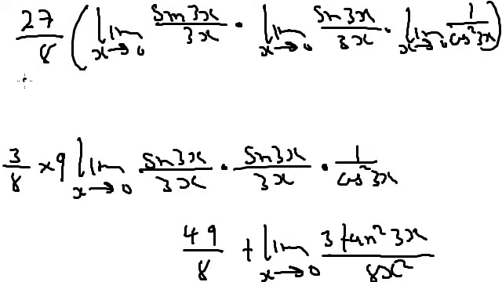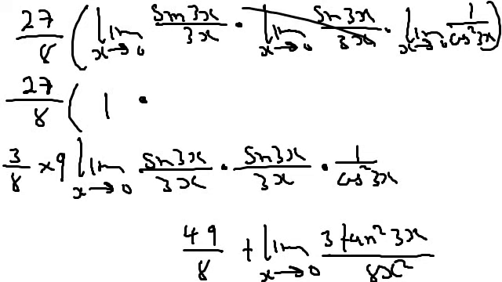So simplifying this forward, we have 27 over 8. This entirely becomes 1, multiplied by this also becomes 1, multiplied by, will this become 1? Ask yourself. Yes, it should be 1. The cosine squared of 0 is still cosine 0, which is still 1, and 1 divided by 1 is still 1. So finally, we have